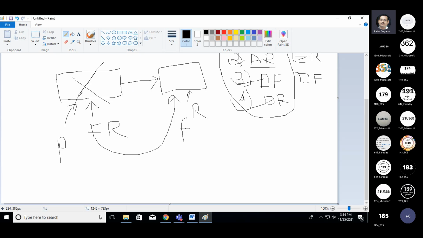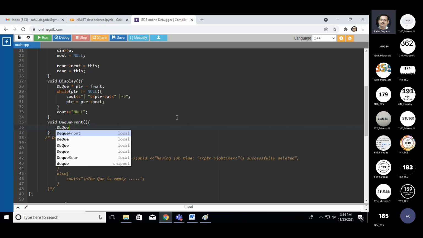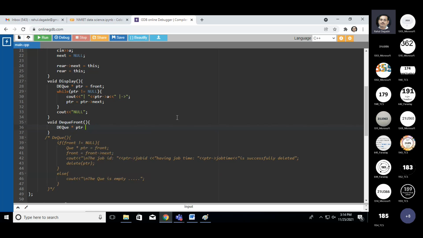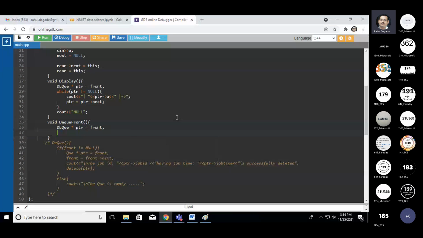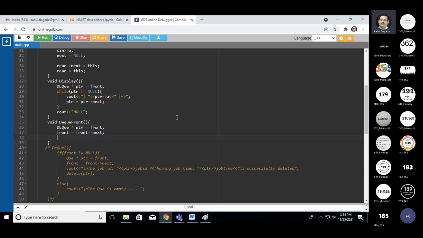If I delete first before moving to the next, this pointer will be lost, so I will not be able to track where to go. To avoid it, first go to the next node. So let us do that. Pointer PTR is equal to front. Front is equal to front's next. So now front is pointing to the next node, and just delete